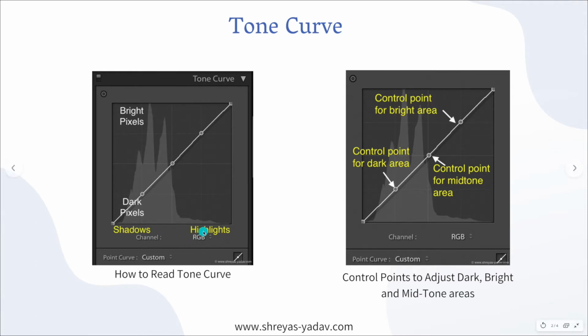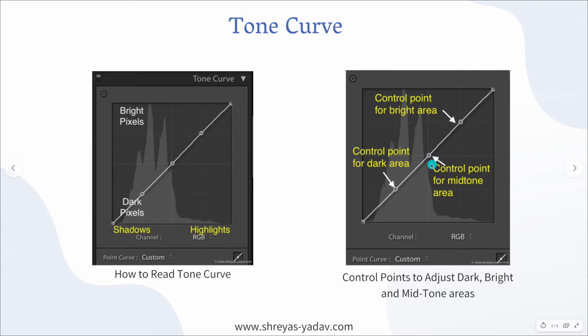On the x-axis, the left area represents the shadows and the right area represents the highlights. Similarly, on the y-axis, the bottom area consists of dark pixels and the top area consists of bright pixels. The pixels in the top region are bright and the pixels in the bottom region are dark pixels. Similarly, the pixels appearing on the left are under the shadows and the pixels appearing on the right are under the highlights. You can adjust the contrast for specific pixels based on where they lie, such as shadow area, highlight